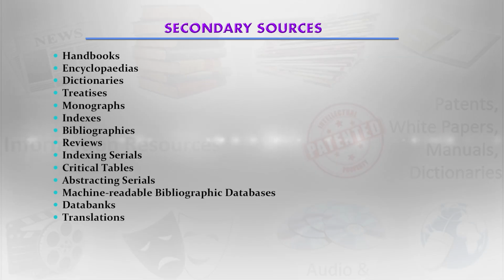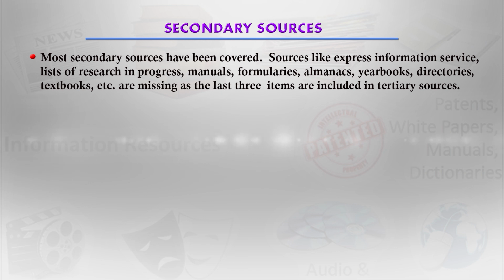In secondary sources of information, Boone and Smith included handbooks, encyclopedias, dictionaries, treatises, monographs, indexes, bibliographies, reviews, indexing serials, critical tables, abstracting serials, machine readable bibliographic databases, data banks and translations. Most of the secondary sources have been covered in this list. Sources like express information service, list of research in progress, manuals, formulas, almanacs, yearbooks, directories, textbooks, etc. are missing as